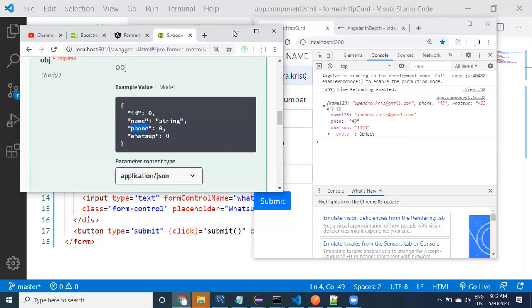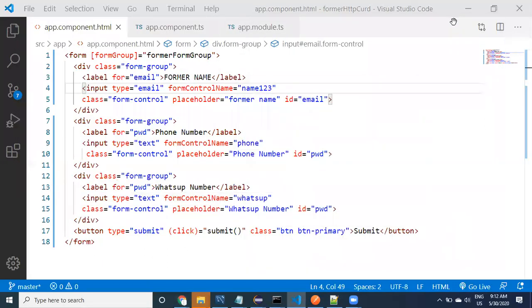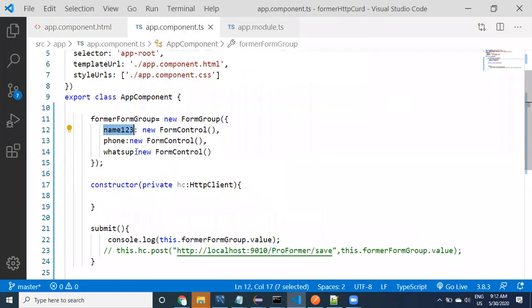All right. Now the name123 is not going to be suitable. What you need to do, guys, is use name to make the key instead of name123. See here, guys, it is name123 here, and here also we need to use the same key. So this is going to get matched. Both things are going to get matched.